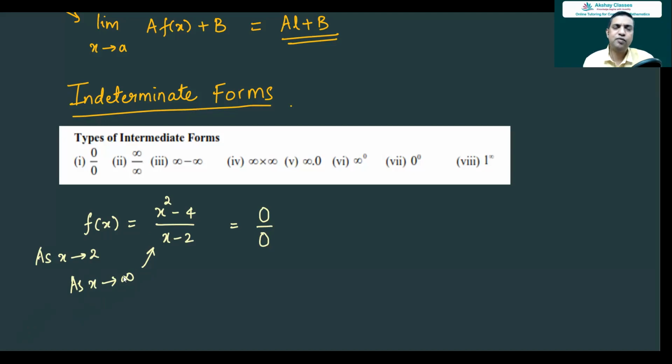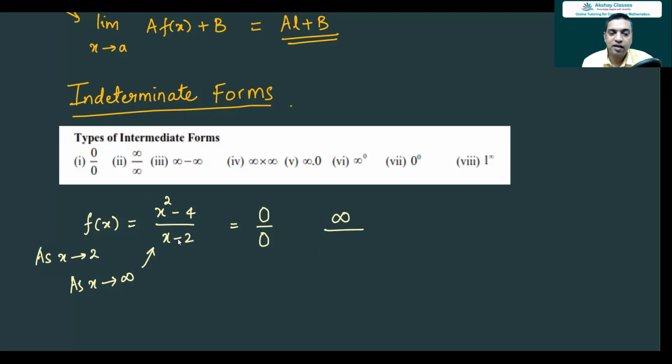But x is tending to infinity means x is going 10 power 100, then 10 power 1000, 10 power 10,000. It is going on like that. So x square minus 4 will also approach infinity, because this will be a huge number. If x is 10 power 10,000, x square will be 10 power 20,000